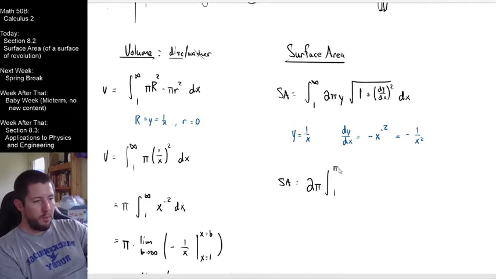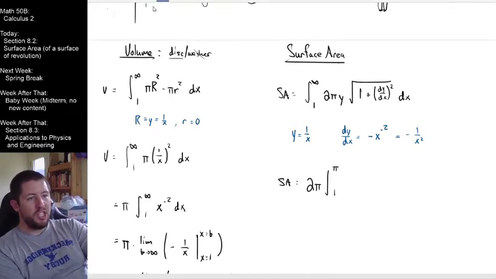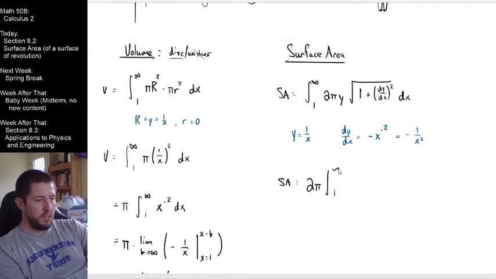Well, I mean, it's going to contribute. Well, all right, I should just stop talking. I keep on saying things that are only true for the next 30 seconds and then are going to change. So here we go: 2 pi times the integral from 1 to infinity of y, which is 1 over x,